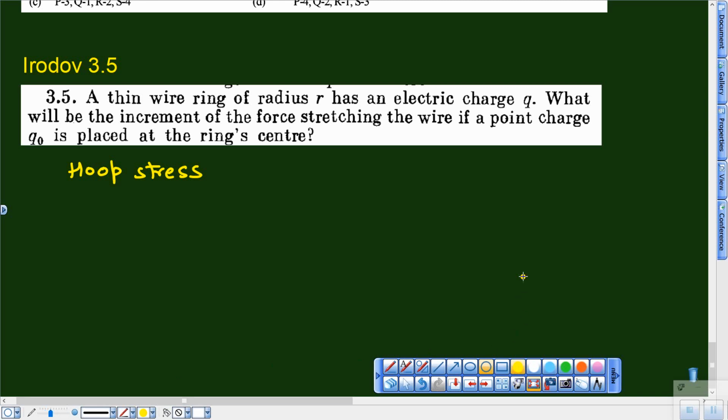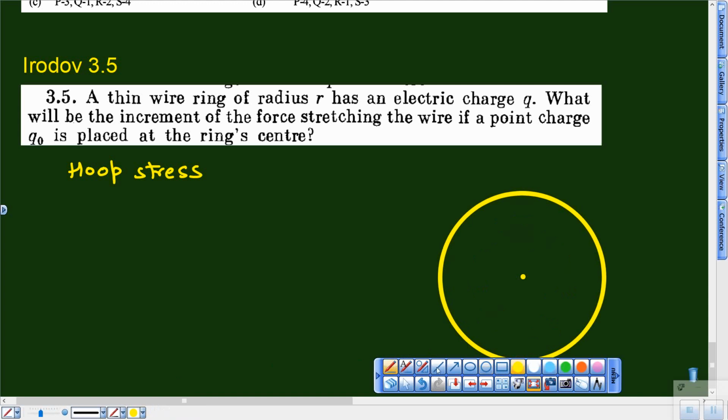So this can be the ring. This ring has a distributed charge Q, and this is Q naught. Well, if I take a very small part of this ring, very small part, which I call elemental or infinitesimal, also it is known as,